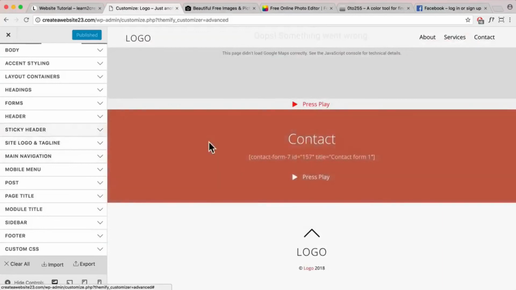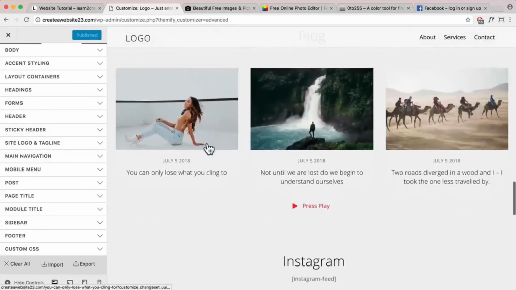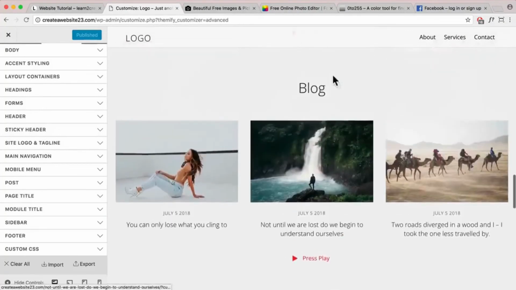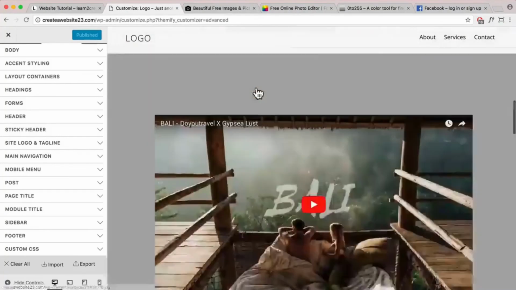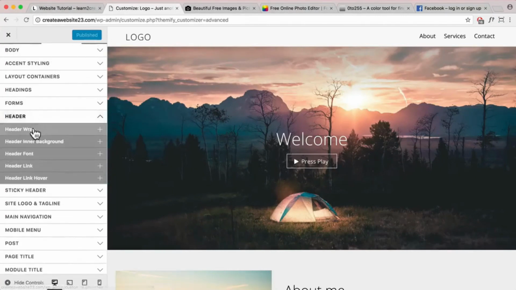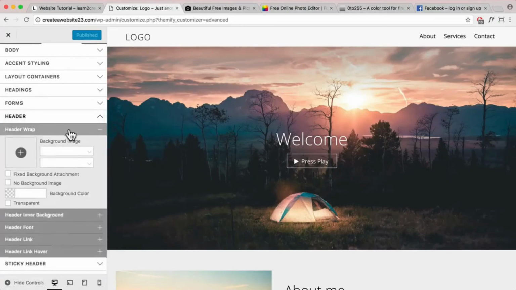If you edit the sticky header, this is when you scroll, the header follows you, like it stays there. That is your sticky header. And then your links over here, that is called your main navigation, and you can also set in your mobile menu and edit every section of your website. And also the body section is anywhere in between your header and your footer section. Let me show you an example by clicking on header. The header wrap is basically the background